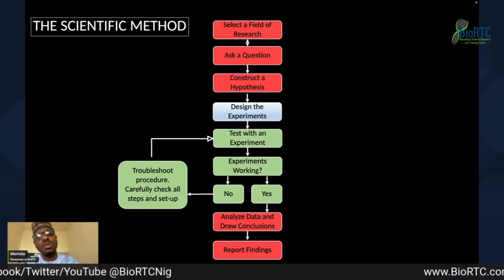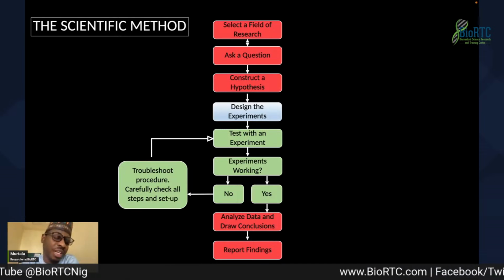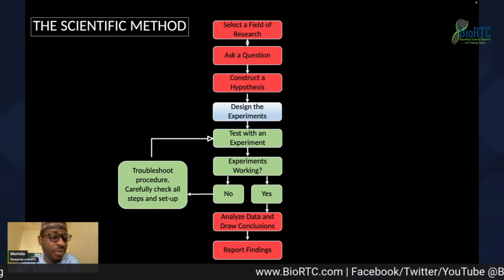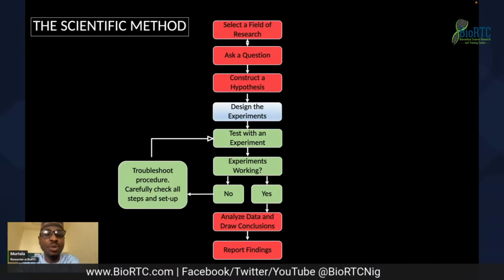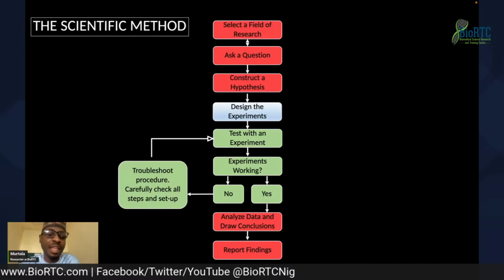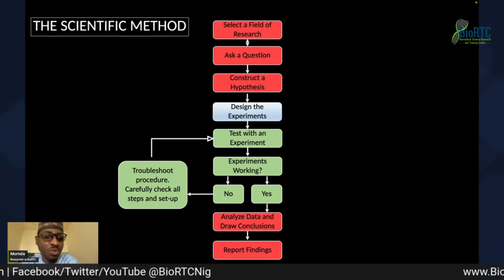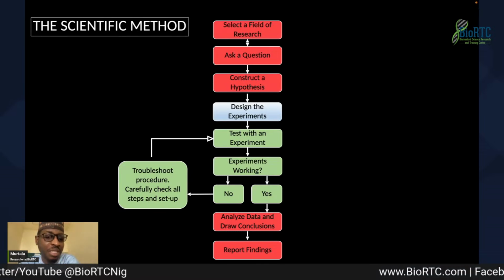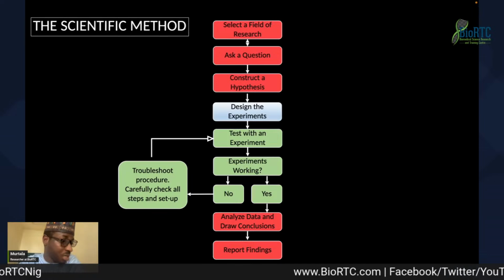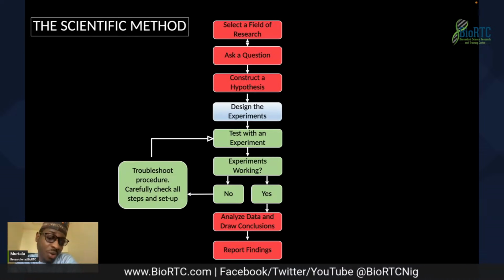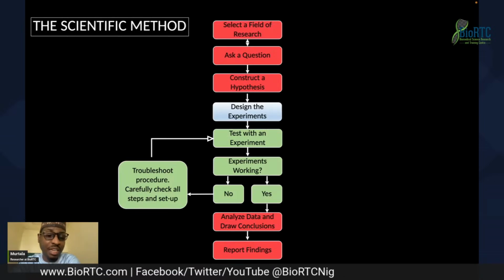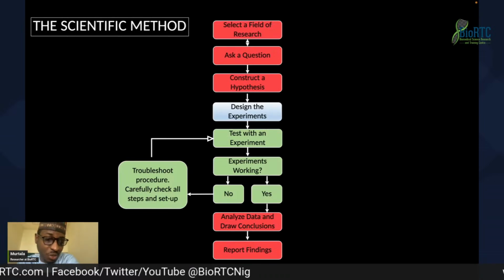So for example, before you start, you must have selected a research field, and then you should have a question that you are targeting that will lead you to design your experiments and then test with these experiments. Then you have to ask yourself: are these experiments working the way you expect them to? If they are working, then definitely you now have the data to analyze and draw conclusions